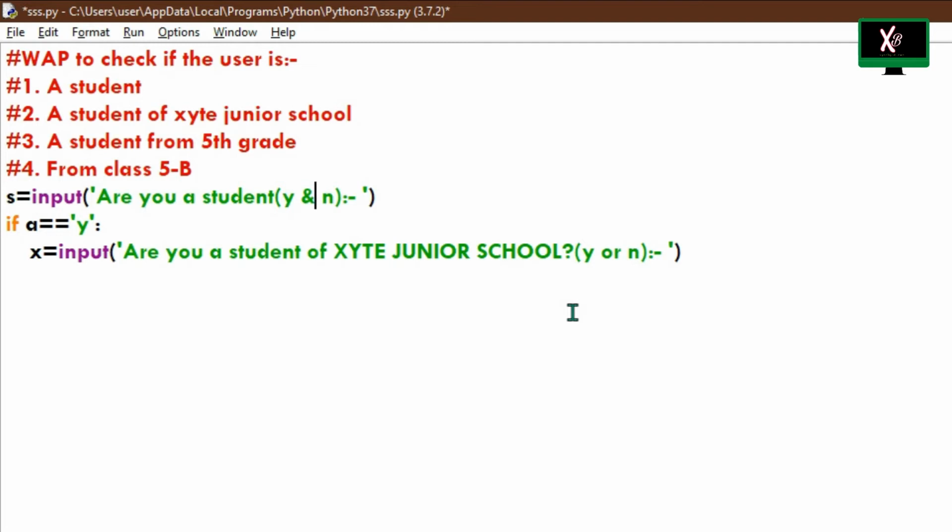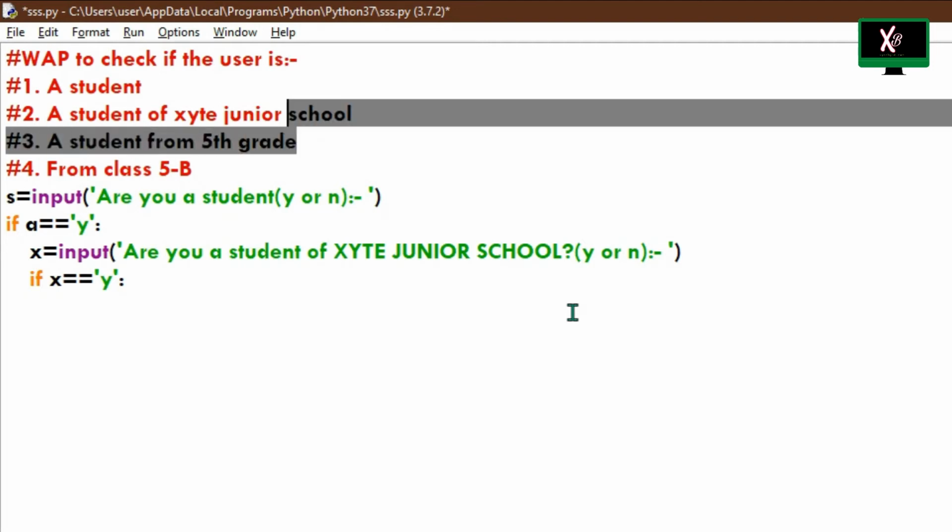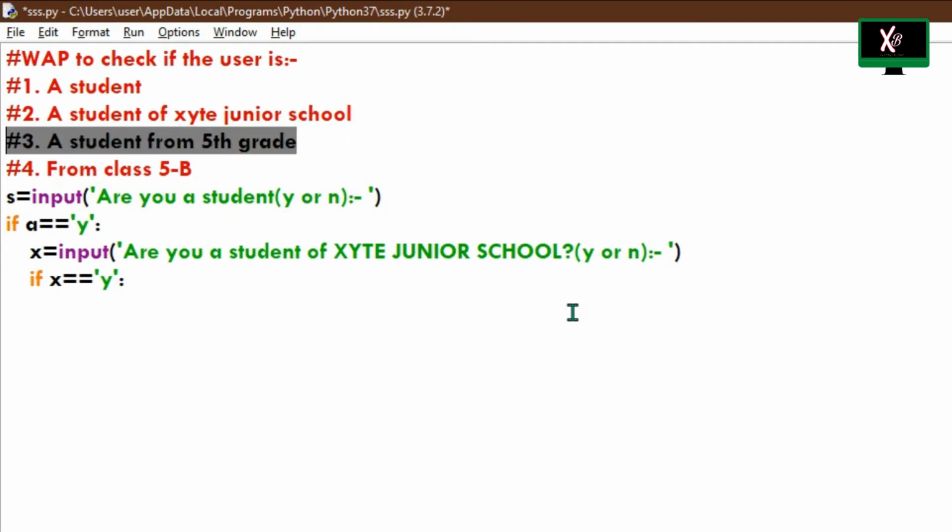I just realized that I used the symbol of and instead of writing or. Okay, are you a student of Excite Junior School? Yes or no? So if the guy types yes, for that we need to put that condition. If x double equal to y, put a colon, press enter, and an indent is created. Then we go to the second last step, a student from 5th grade. So right over here we'll take another input. Let's say g is equal to input